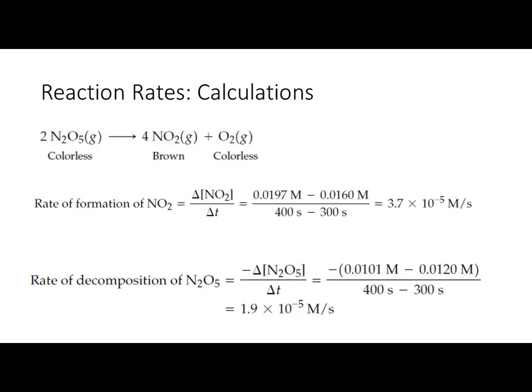Again, now the minus is decomposition, this is the change in concentration of the reactant divided by change in time. And in the same way, you will calculate it: at 300 the concentration is this, at 400 the concentration is this. And where will you get these values? From the table which I have already shown you. This will be provided to you, so you do not need to memorize all these values, okay? So what is important, again, what do you see as the difference of this calculation over this calculation?